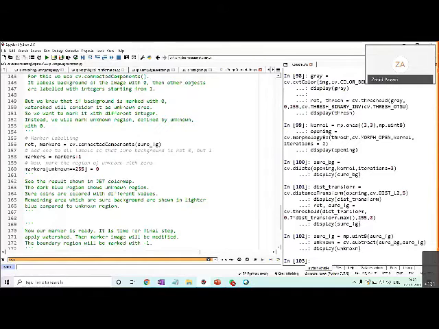So it marks labels to the background and foreground objects, then we add 1 to it, so that the background which was 0 becomes 1, and all other markings are also increased by 1. Then for the unknown pixels, we set the value 0. So we get a marker image.